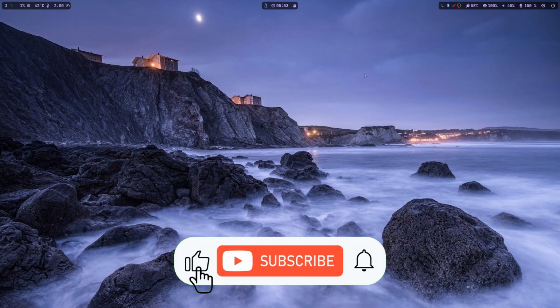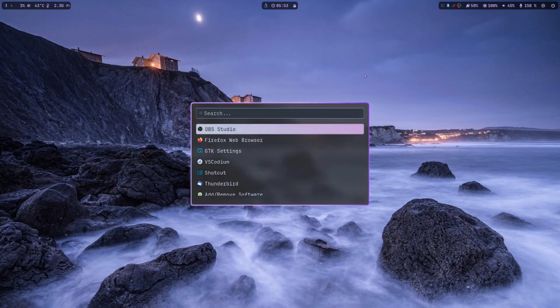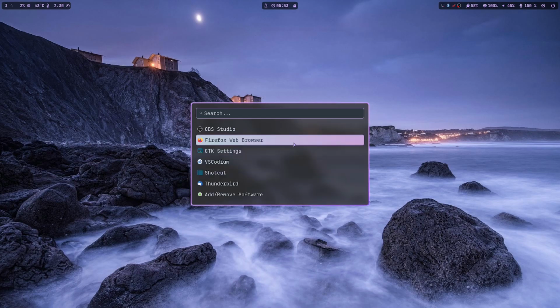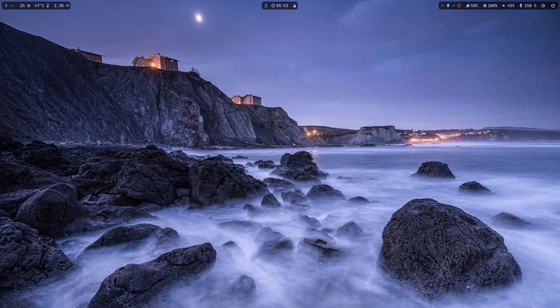Okay, so this is mostly for the guys who are new to using my Dotfiles. I'm going to go through a little bit of the most used apps. If you press Super D, it will launch the Wofi menu. You can scroll or just use the up and down arrow keys. To close it, you can press Escape, or